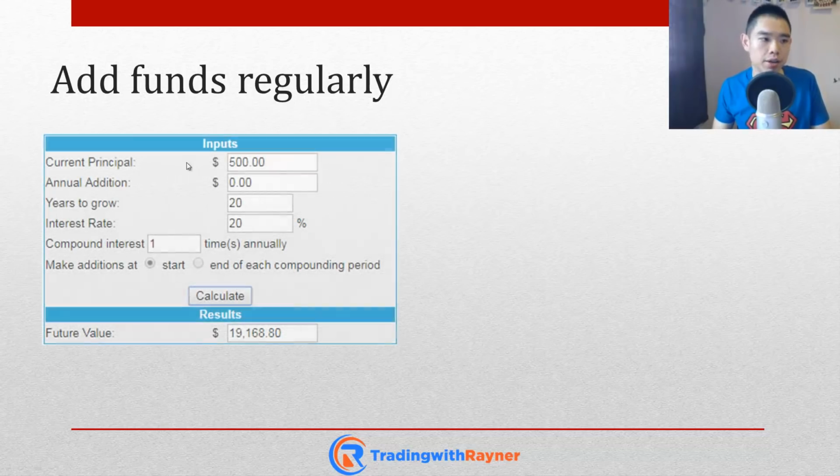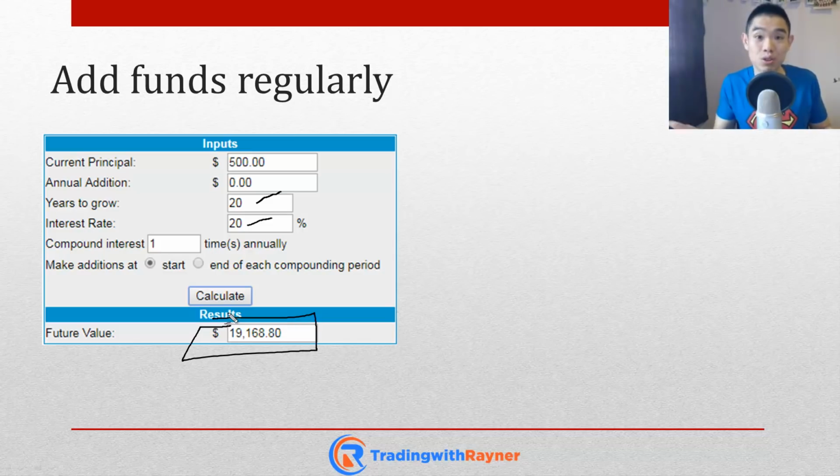Let's say, for example, again, you have a $500 trading account. And let's say you grow it for 20 years with a return of 20% each year. At the end of 20 years, that is about $19,000. If you ask me, that's not really a lot. After 20 years, I think if you work full-time, you can probably make more than $19,000. Okay? So now, what if we